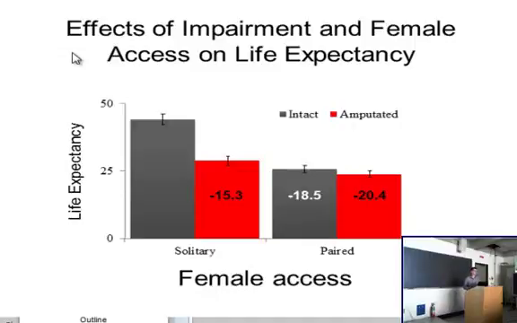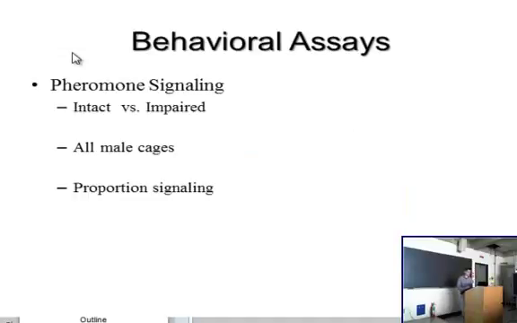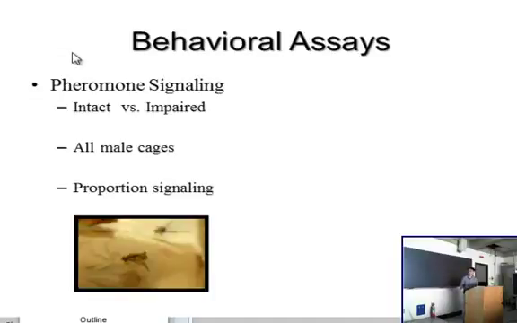So this was interesting to figure out what's driving this difference. Why is each reproductive event not driving this further, or is there an increase in reproductive effort as suggested by that terminal investment hypothesis? And to do this, I did behavioral assays where I was looking at male reproductive effort through measuring pheromone signaling, and this is what the males are really useful for, is that reproductive effort can be quantified by counting how often a male will signal.